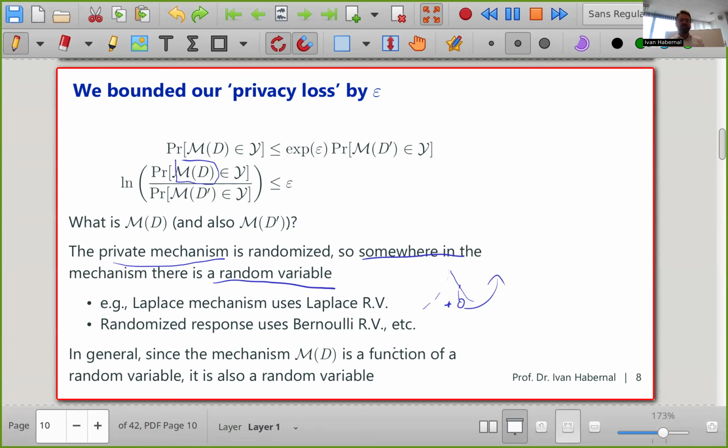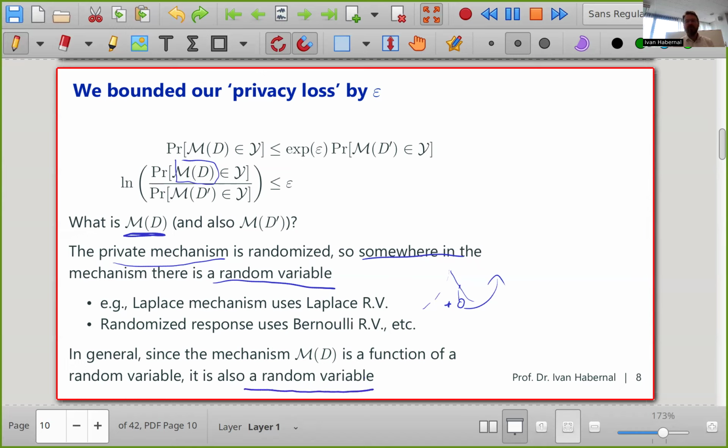The randomized response we are talking about. Okay, randomized response, exactly. So the local differential privacy is randomized response. We took basically, well, not a coin toss, because a coin is 50-50, but some sort of biased coin. So we are drawing from a Bernoulli variable. Okay, so this is a function of a random variable, or there is some random variable in there. And we know that since this is a function of a random variable,